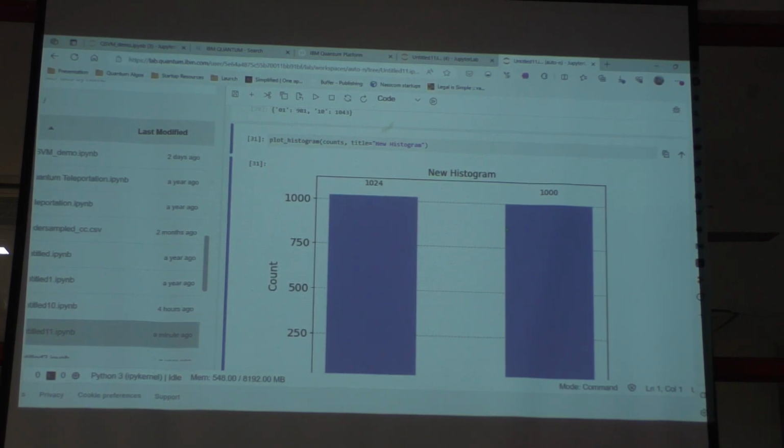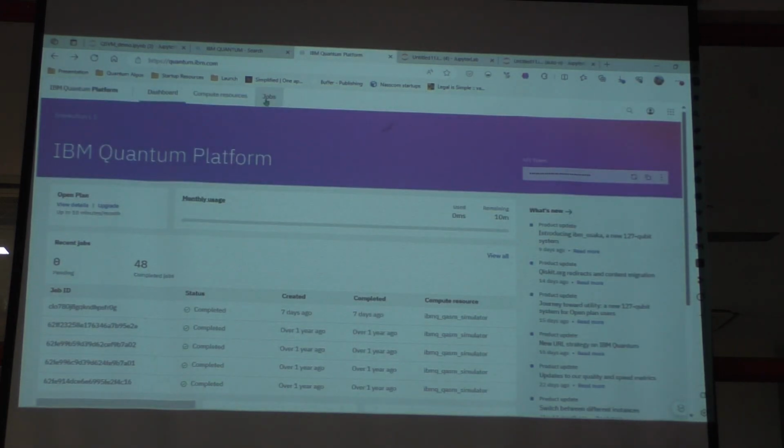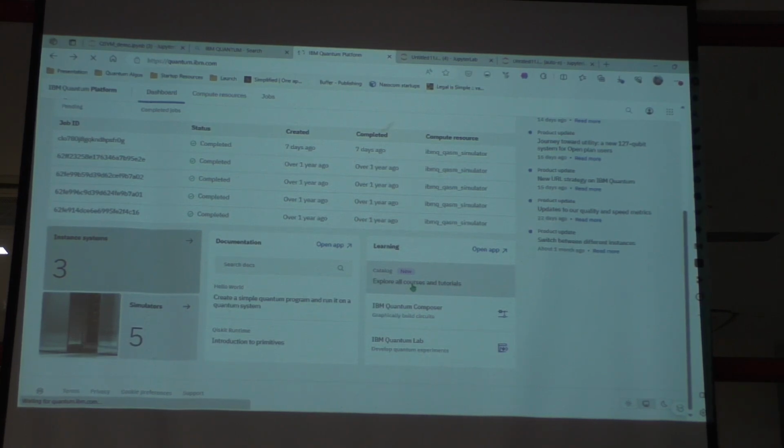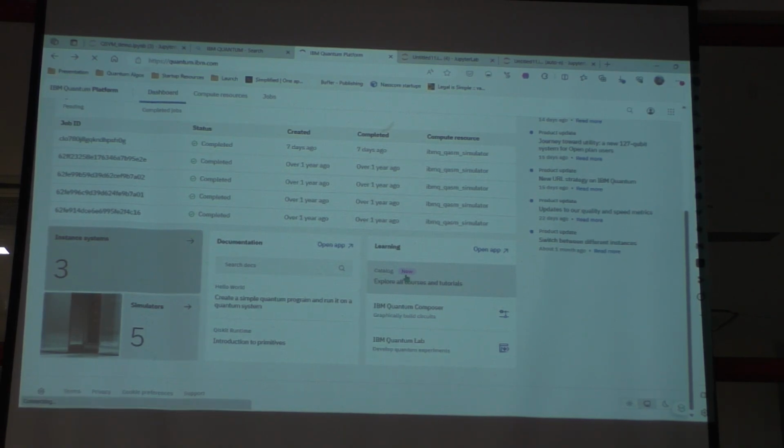And if you want to write it on Qiskit itself, we have a lot of different resources available over here. I think you should definitely check this out. So you can go to learning.quantum.ibm. There you will be able to find a lot of different resources.